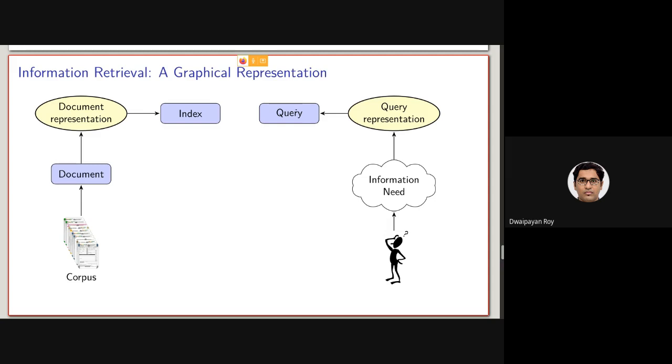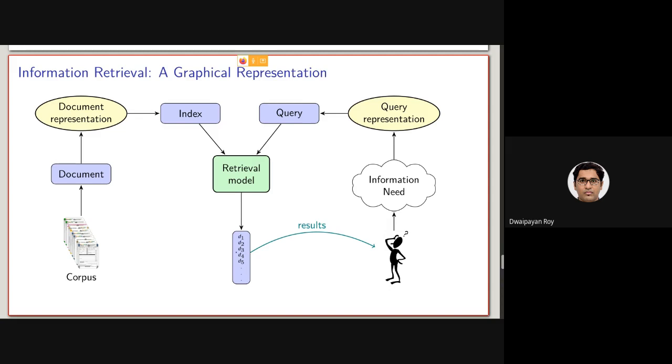Now, the retrieval model, the most important part of the information retrieval system, will be taking this query as an input. It will be considering the index of the documents or the set of documents of the corpus, and it will be returning a set of documents in a ranked way, like D1, D2.